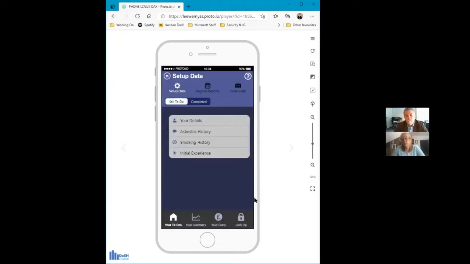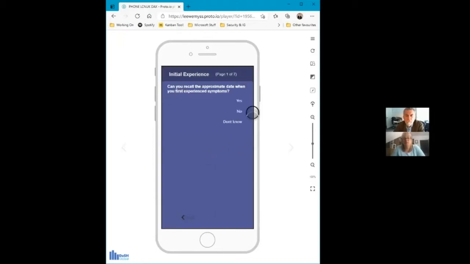And it's a similar thing for smoking. I don't think we need to go through that. But also in this initial setup, we are interested to know about your initial experience of care. And if we could just click on that, Lee, as well, just have a little look at some of the experience of care. So we want you to put in the first date you experienced symptoms,